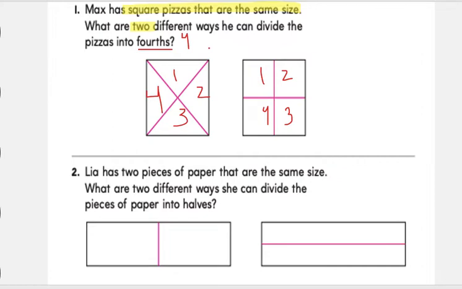And both of these ways show 4 equal parts. These are not the only 2 right answers. There could be more. Another way to cut up a square could have been